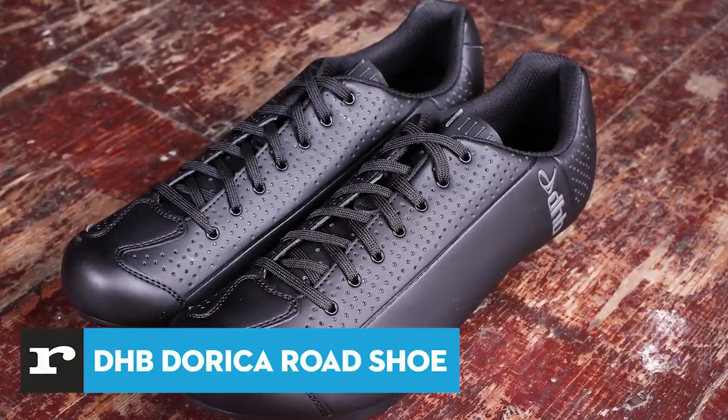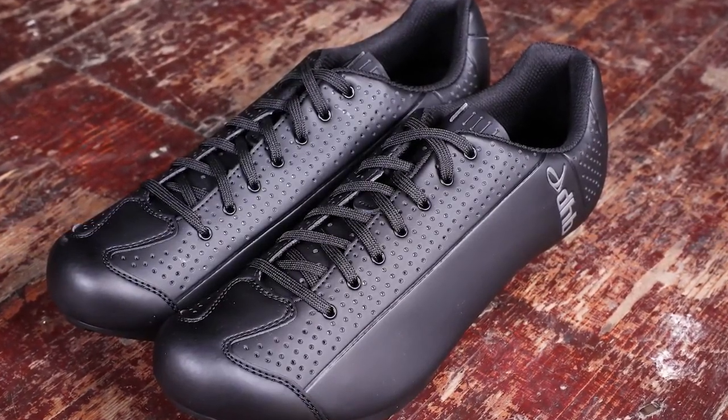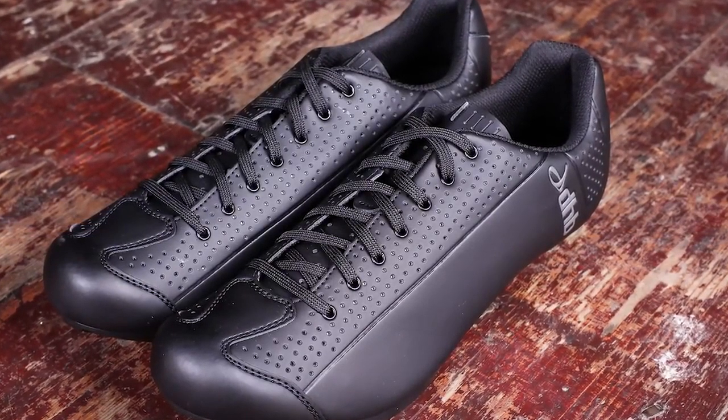So without further ado, here are 6 of the best cycling shoes that we've reviewed here recently at RoadCC. Laces have come back into fashion in the cycling world, and DHB's brand new Dorica is a really nice example of